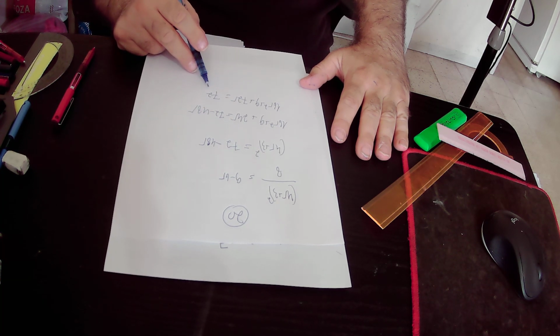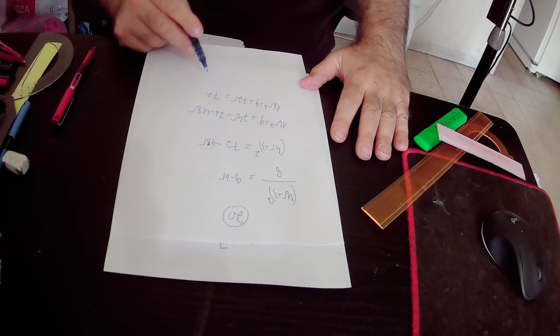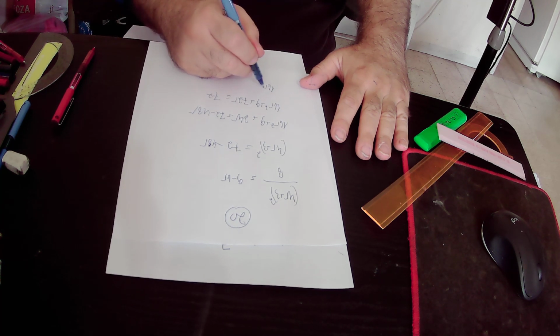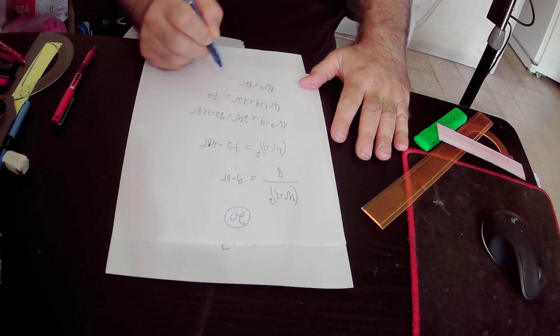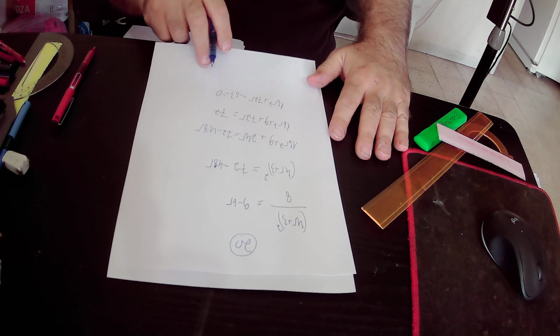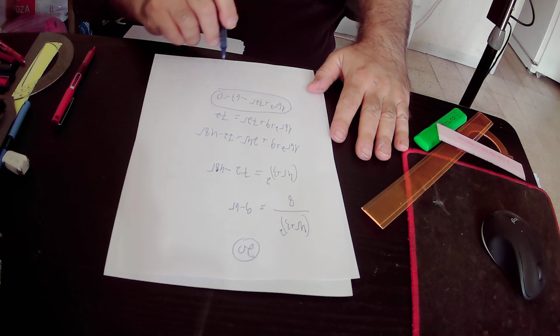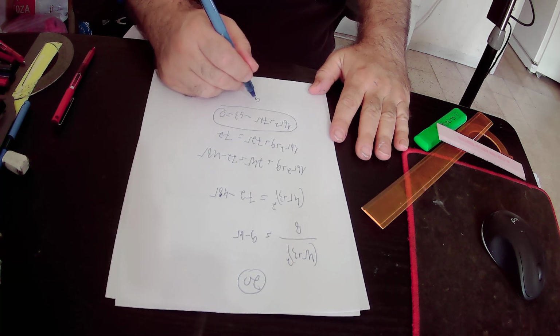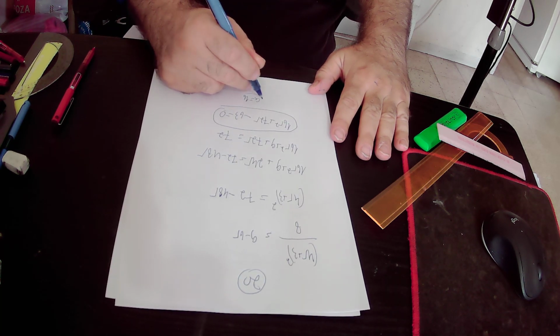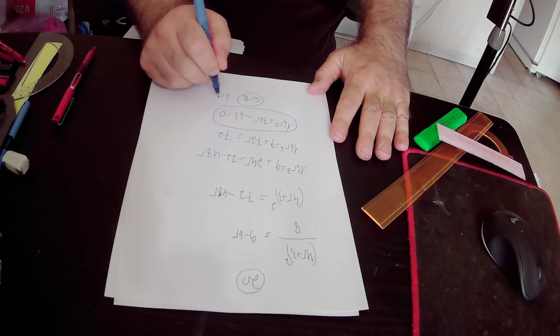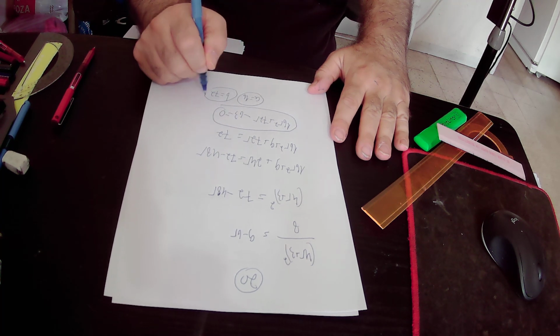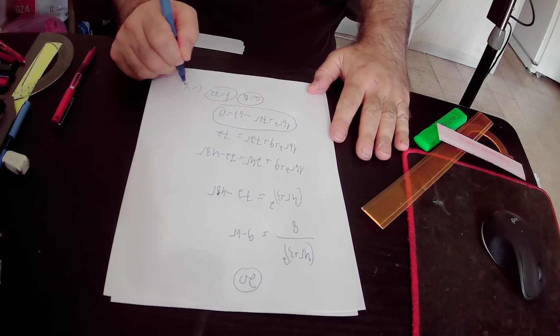Here we will subtract 72 from this equality and we will get that 16r squared plus 72r minus 63 equals 0. So here we have a quadratic equation. In this quadratic equation, a equals 16, b equals 72, and c equals minus 63,